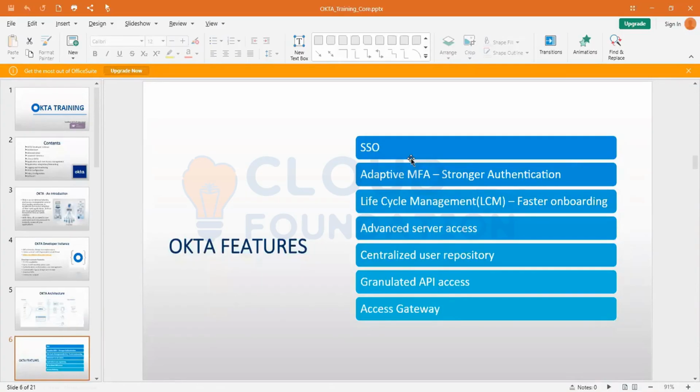As an MFA factor, you can configure it based on your organization's requirement. It is not restricted just to Google Authenticator or Okta Verify. You can use many types of factors available in the market. Okta gives those features also. And the third one is lifecycle management, which will allow the user